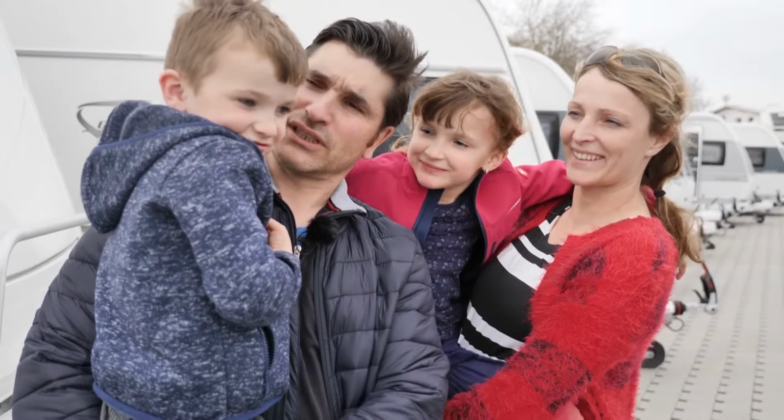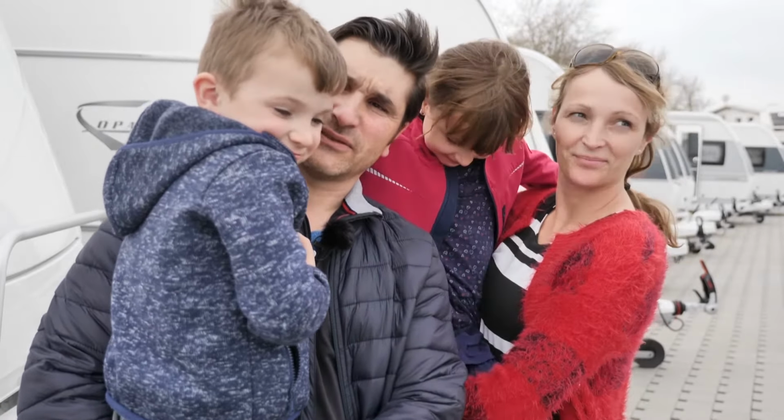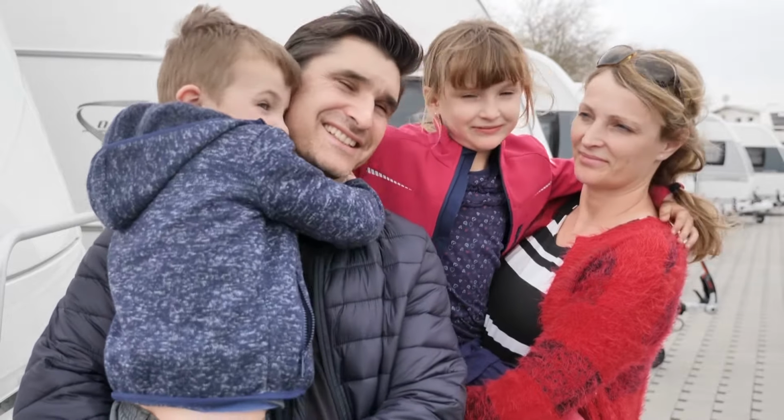Good. We like it, don't we? Yes. A lot of caravans, aren't there? Yeah. There's a great range on offer, above all from premium manufacturers. Our camper van was a rental vehicle that we could buy when it was 2 years old for a relatively low